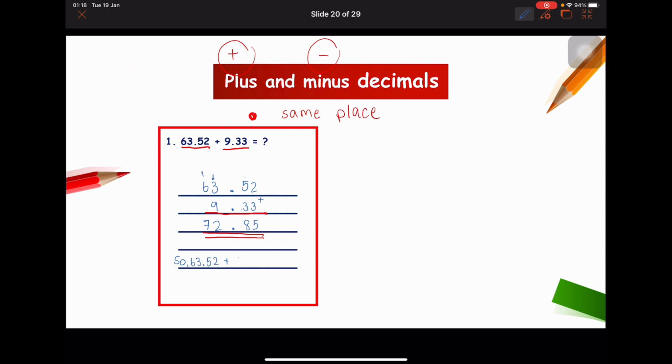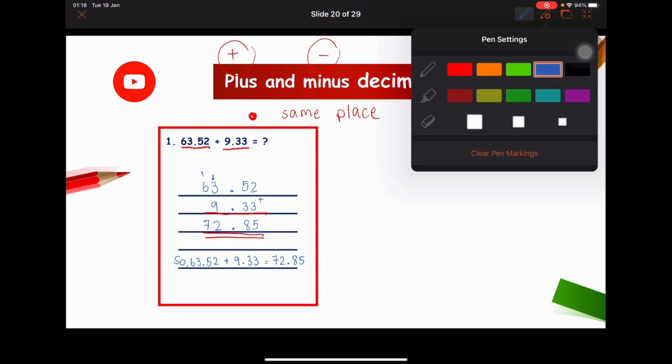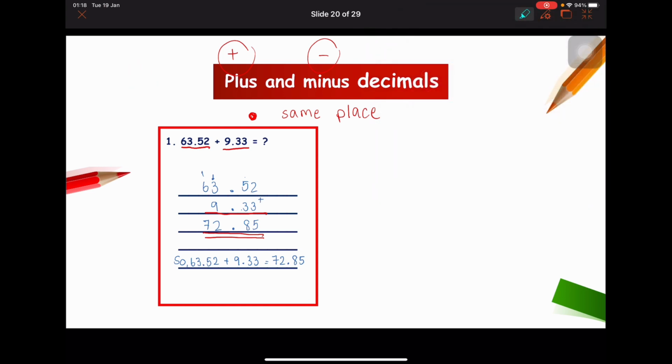63.52 plus 9.33 equal to 72.85. Easy, right? Easy. But don't forget about this one. You have to put the decimal point in the same place. Okay, in the same place. Next